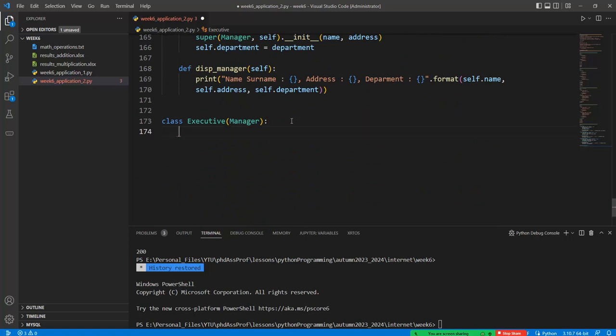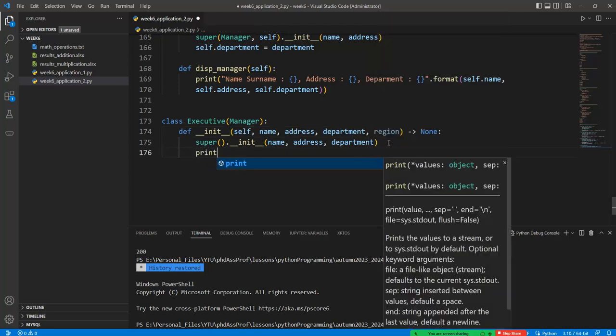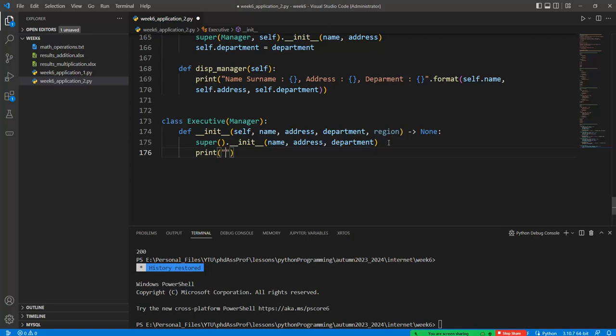And so if I call the def init function body in here like this one, the self, name, address, and department must be passed into this constructor. But also we can give another property or attribute as a region, and so print executive constructor. Okay,